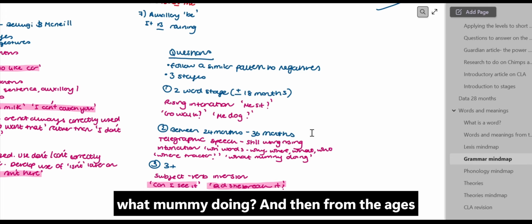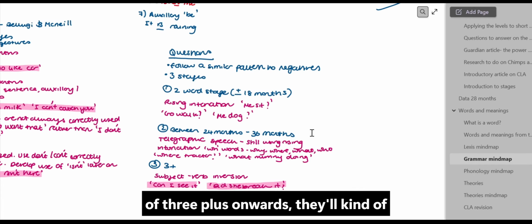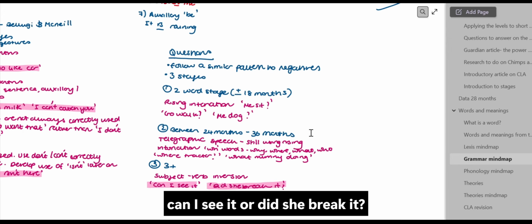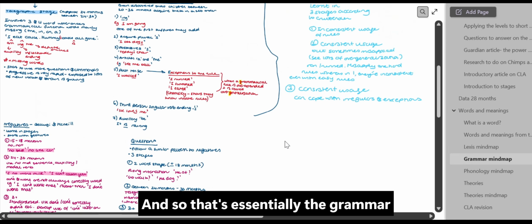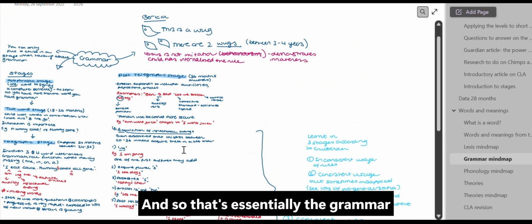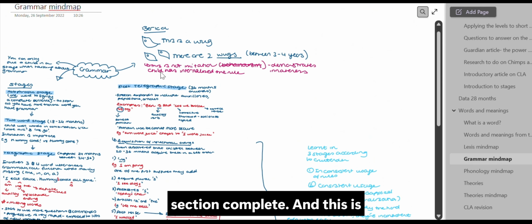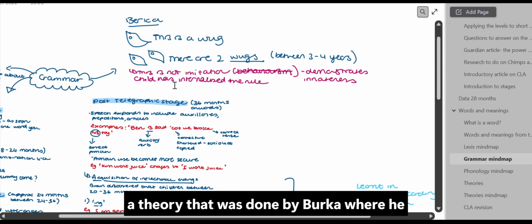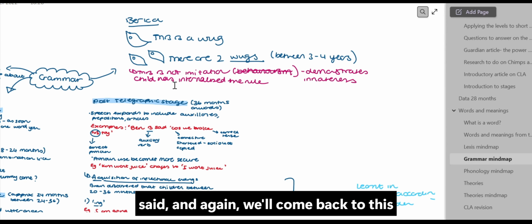And then from the ages of 3+ onwards, they'll develop subject-verb inversion. So, can I see it or did she break it? So that's essentially the grammar section complete. And this is a theory that was done by Berko, where he said, and again we'll come back to this later on